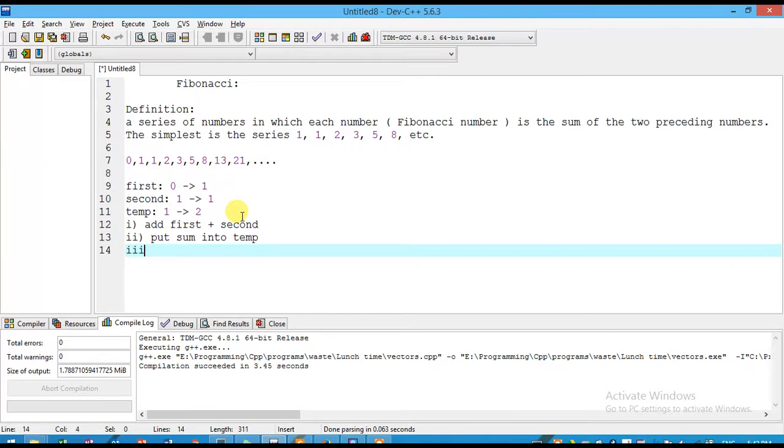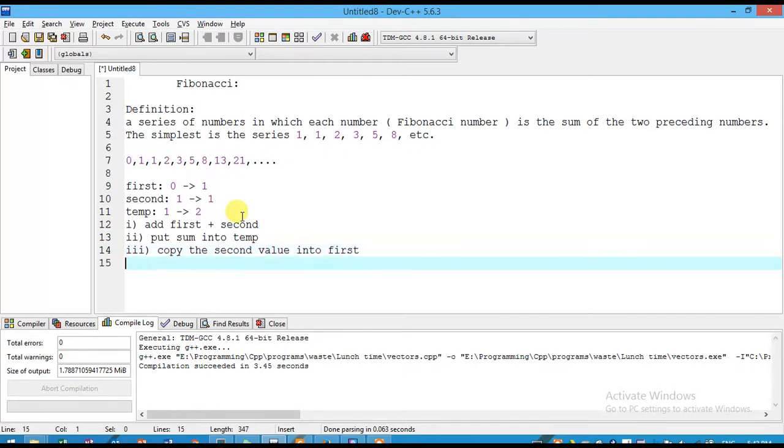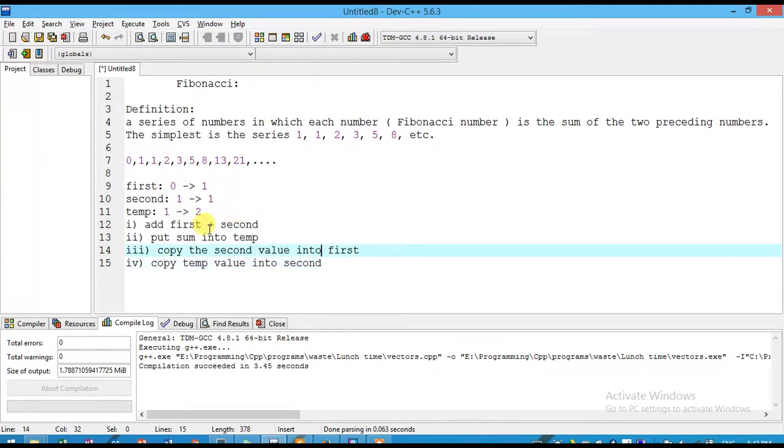Then the third step is copy the second value into the first one. And then the fourth and the last one is copying the temp value into the second one. Okay, just try this process.